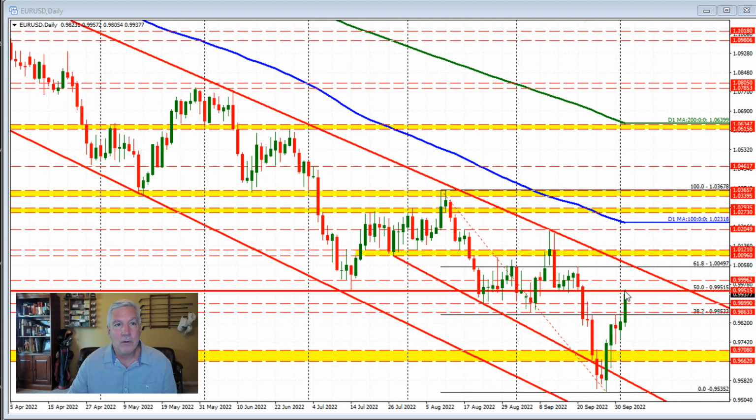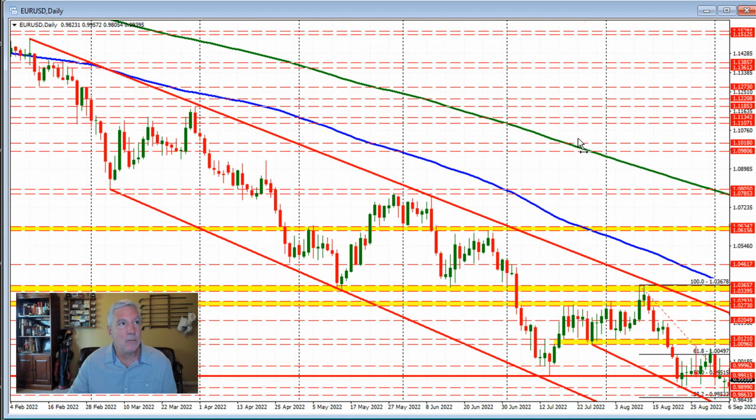technical level. If we're able to get above that level, that would open the door for a move back toward probably the parity level. That would be our first target. That's around this level right here, and then we look toward the 61.8% of the same move to the downside. Level comes in at parity 49, so it's at 1.0050, and that level also corresponds with this high going back to September 20th. So another key level on the top side, dual level, and then followed by the downward sloping